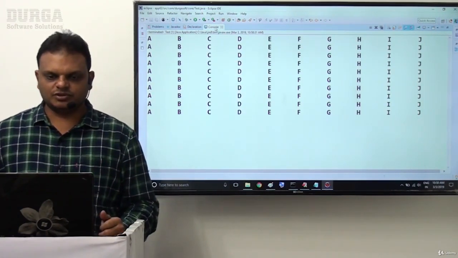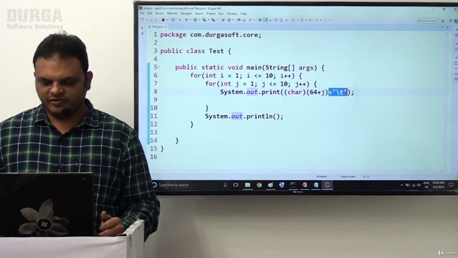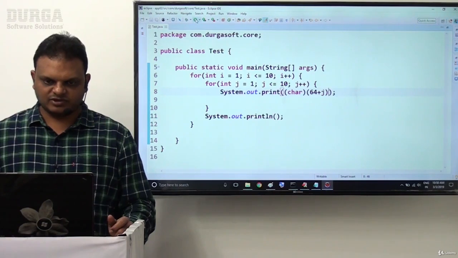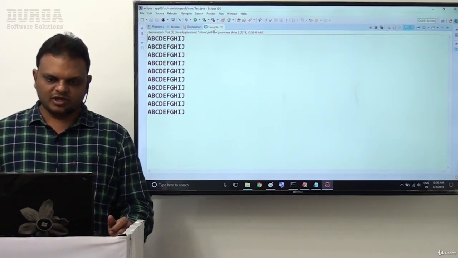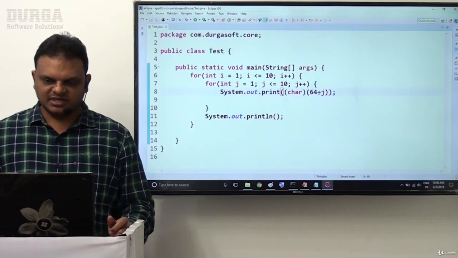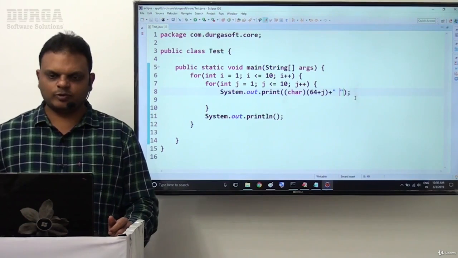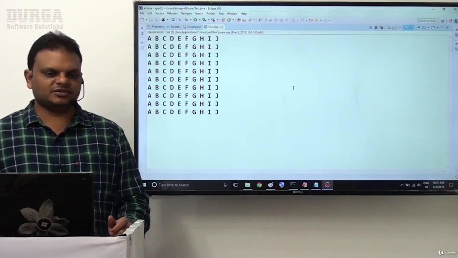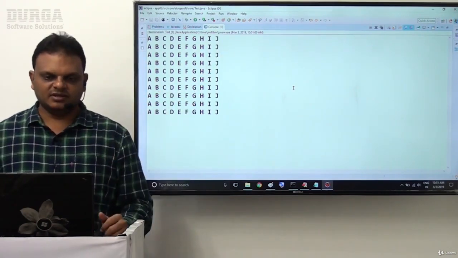If we remove this tab space, on a single attempt we are able to get some values. Now let us check this, this type of output we are getting directly. Then if you want to provide only a single space, just from a clarity point of view, provide this single space, and now we are able to get the same type of output like this, that's it. So A B C D E F G H I J, like this we are getting, that's fine.